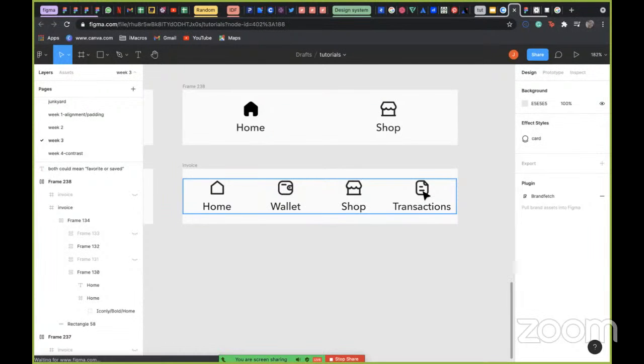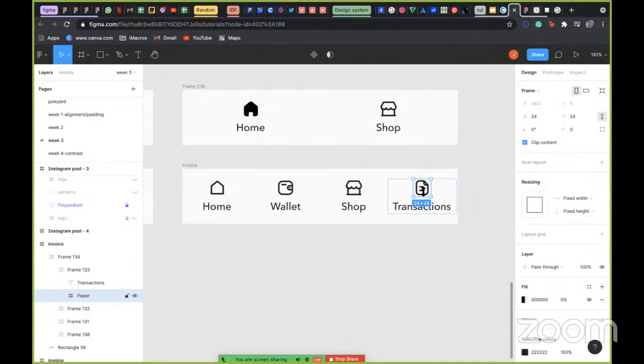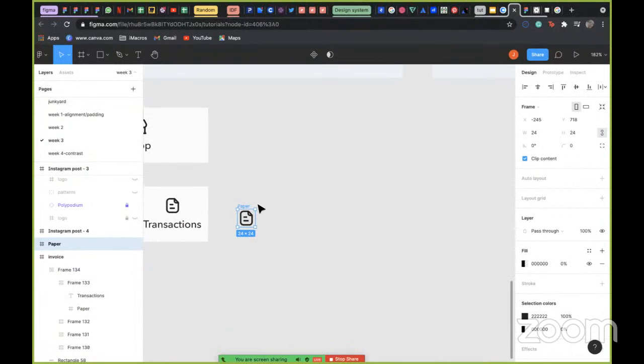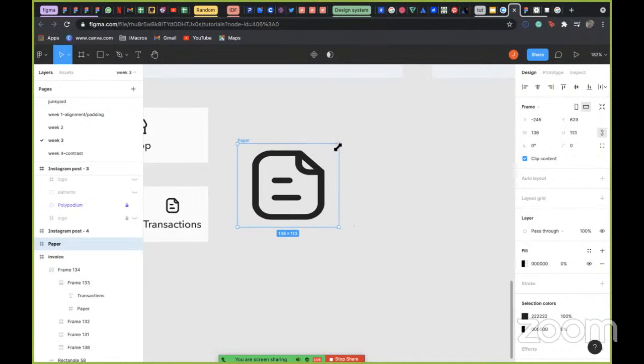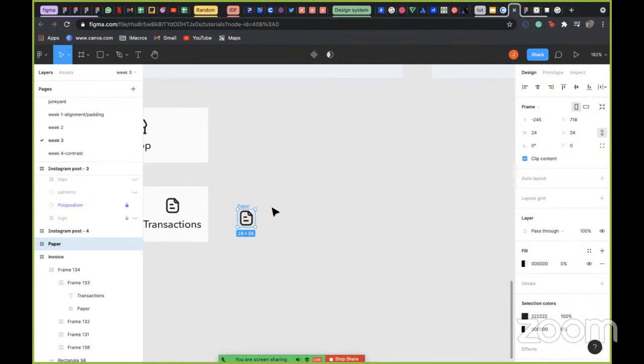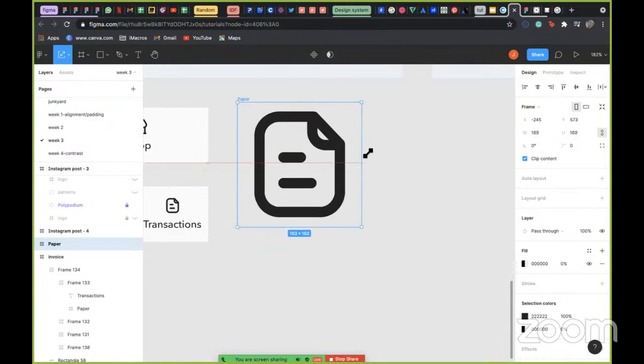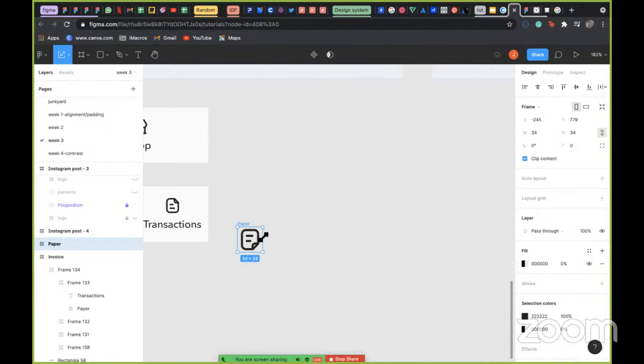But look at this now. This is an SVG icon. Look at what I can do with it. I can easily scale it to whatever size I want, and it doesn't reduce the quality. But if I use the picture now, I'm pretty sure if I scale it as much as this, the quality is